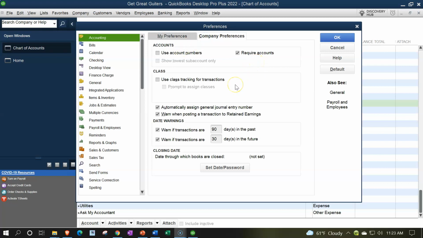Then we've got the class, use class tracking for transactions. This is a tool that can be used for specialized types of needs. We have other courses that show how to use this tool in different formats. For example, you might have class tracking for different departments that you want to be tracking. If you turn on the class tracking, it does take a little bit more data input to input information into the forms. But once you have that, then you can print forms that will be broken out in essence by